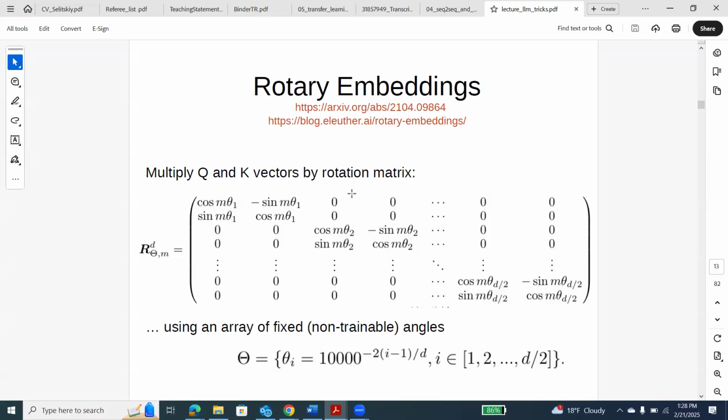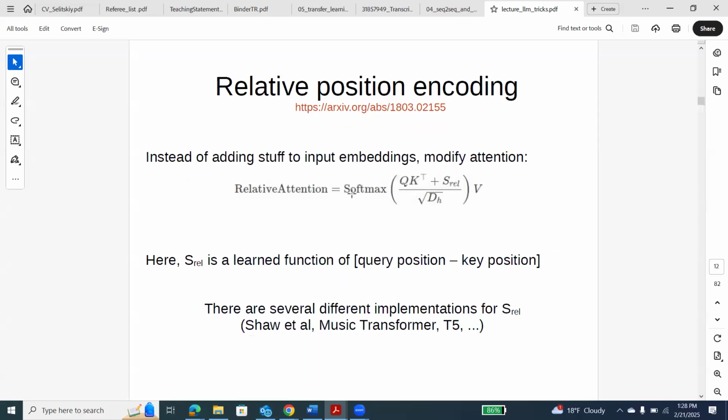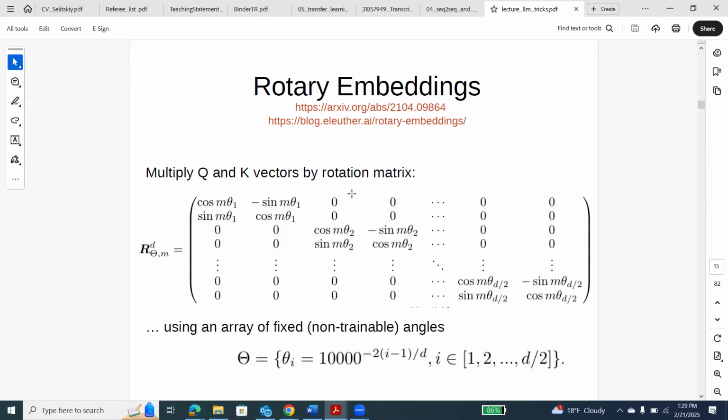Because they are used inside the transformer, inside this relative attention, the model also will add some weights to these rotary embeddings, and they will learn how to rotate the embeddings